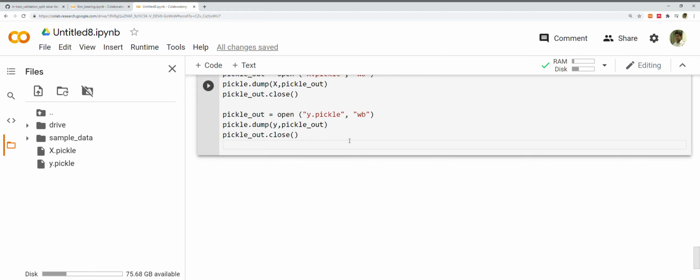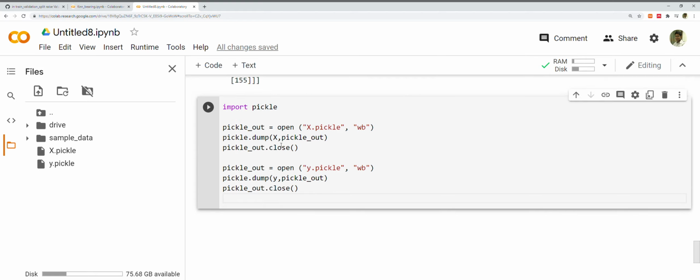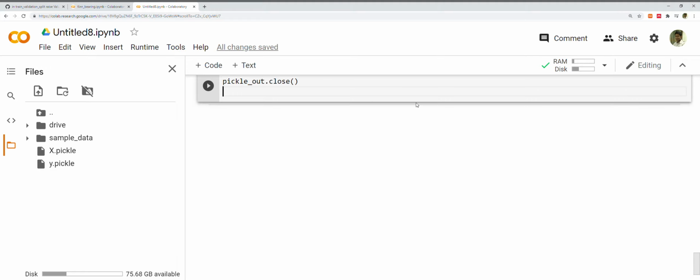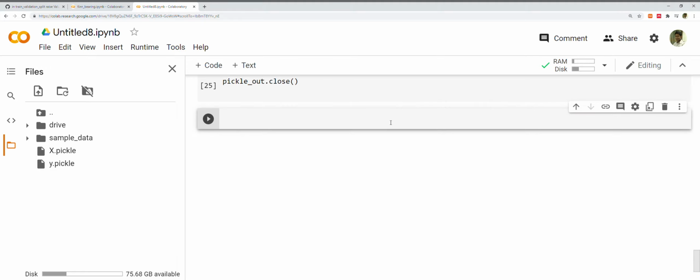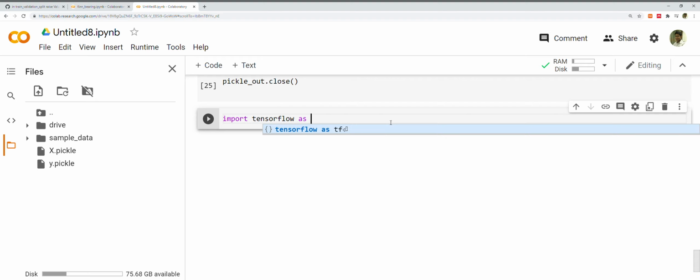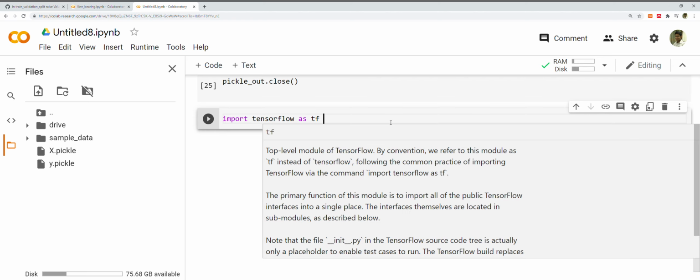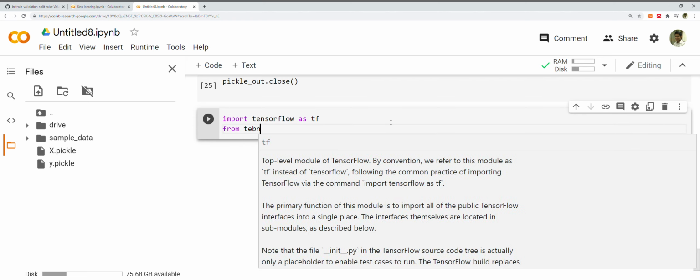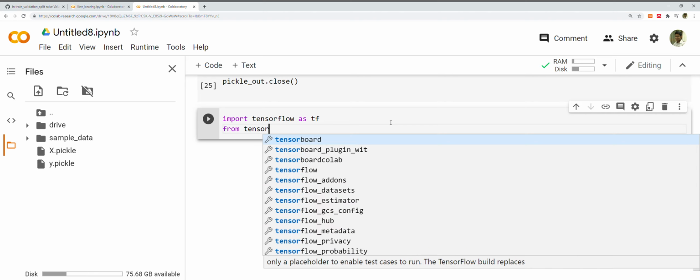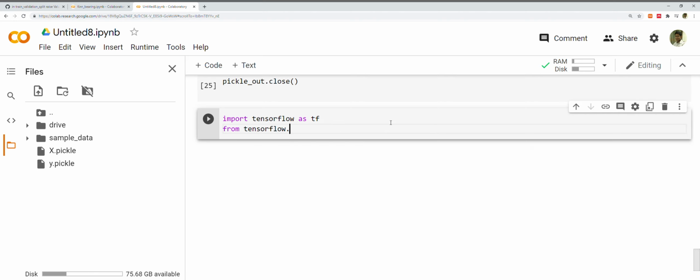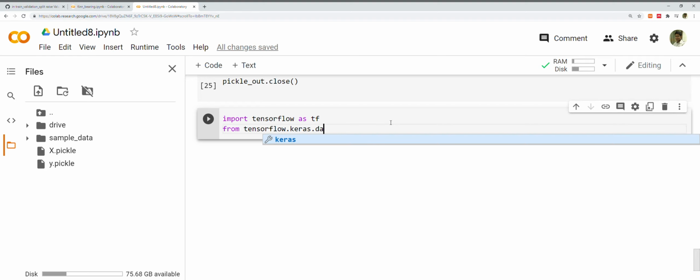And now, since our data is ready, next we get into the second part where we use the neural network. So we're going to need TensorFlow for this. Import tensorflow as tf, and from tensorflow.keras.datasets